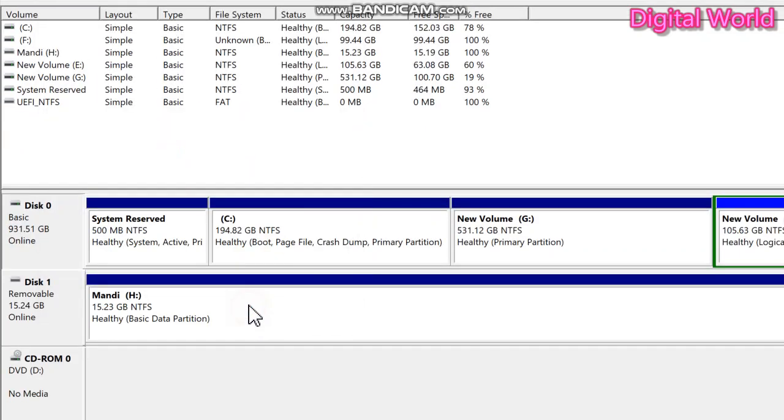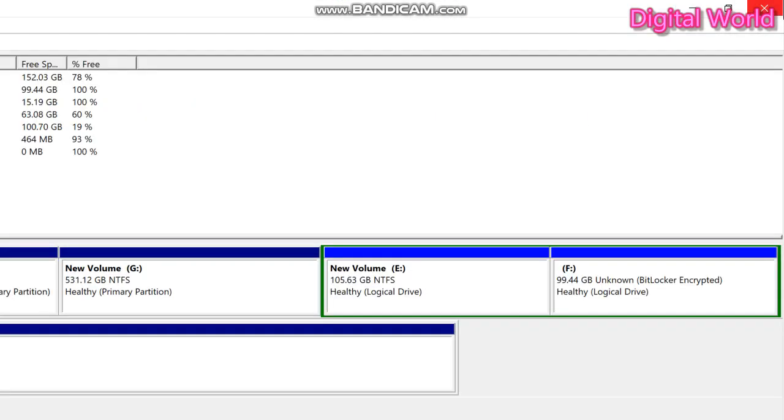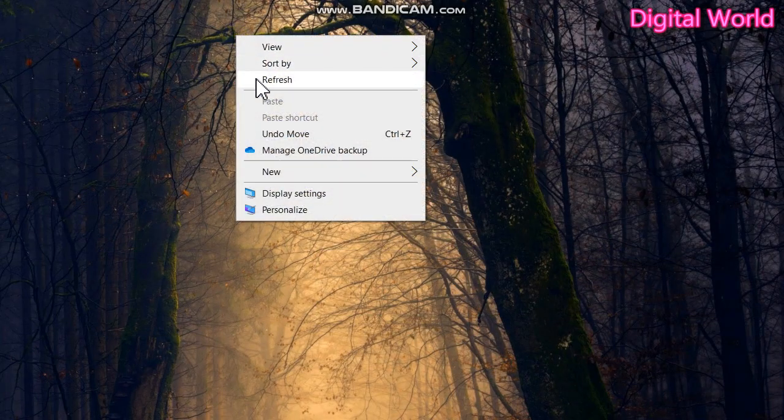Now, what is the importance of this GPT or MBR system? During installation of any Windows 10, we need to create a bootable drive. So there we need to know how to create a bootable pen drive and how to select the GPT or MBR system.